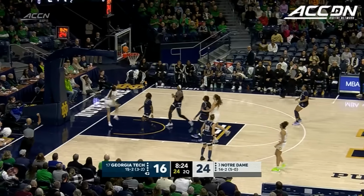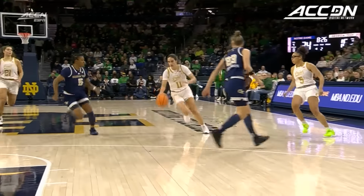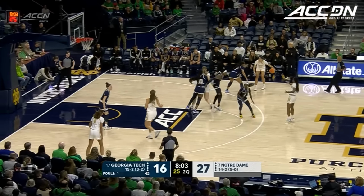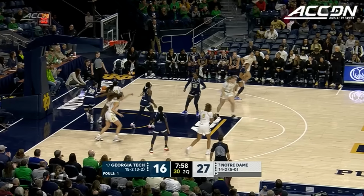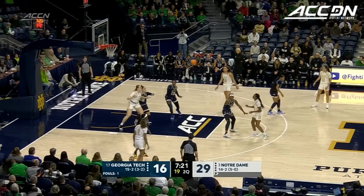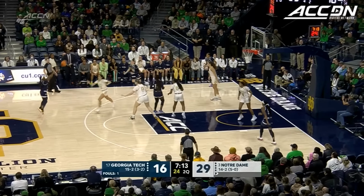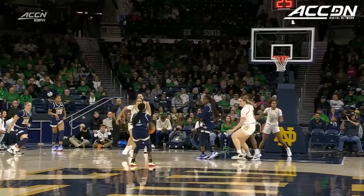She found a little bit of a seam, took it and finished with her offhand. There they are. And then once again, look at the way she even is able to create space for herself. It's her 6th. Coming off a double-double. And the win against Clemson. And here come the Irish. No Olivia Miles on the floor right now for Notre Dame. And you see King try to get it inside to Koval, get her teammates involved once again, but Georgia Tech, a confident team. This team does not get rattled,